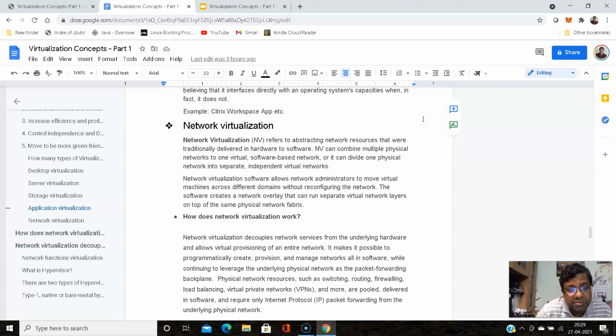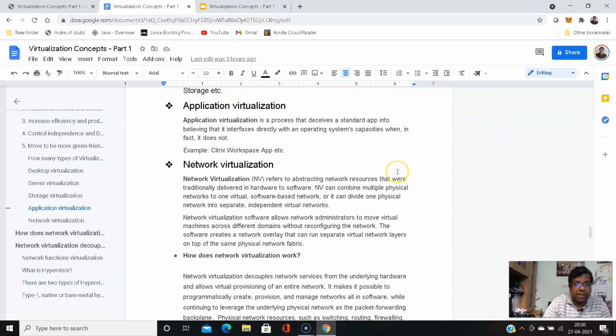It can also divide one physical network into separate independent virtual networks. Network virtualization software allows network administrators to move virtual machines across different domains without reconfiguring the network. The software creates a network overlay that can run separate virtual network layers on top of some physical network fabric.